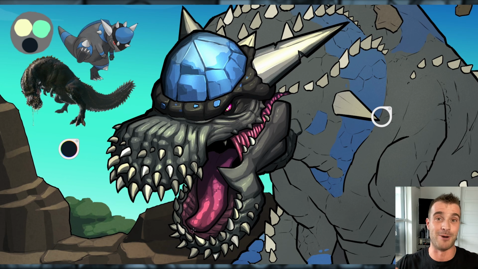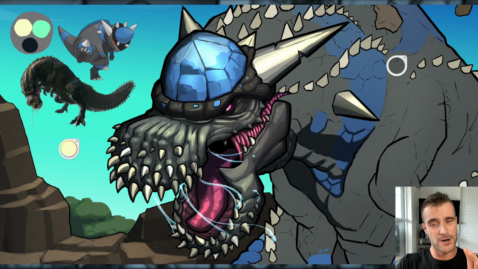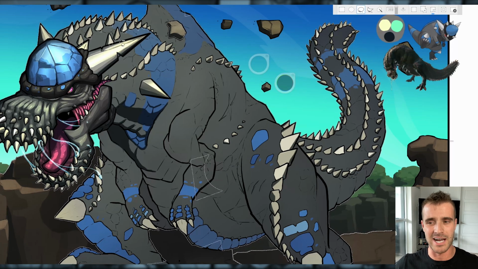But anyway, I forget why I did that. I will say one thing, or I guess two things, that I think weaken this one a little bit: the pose and the environment. It does technically make sense for a Rampardos creature to be in a very mountainous, rocky kind of terrain, but